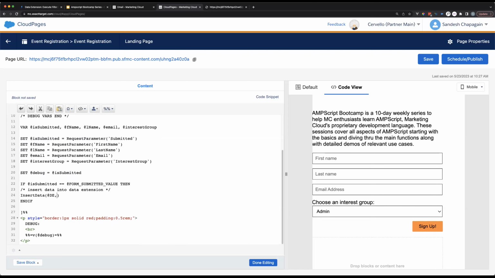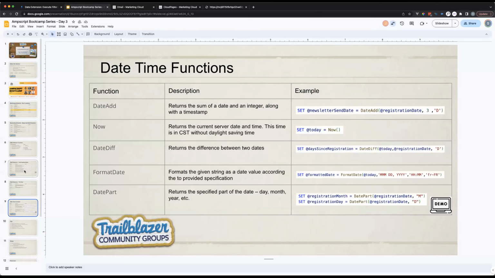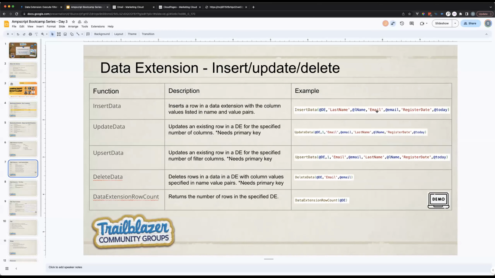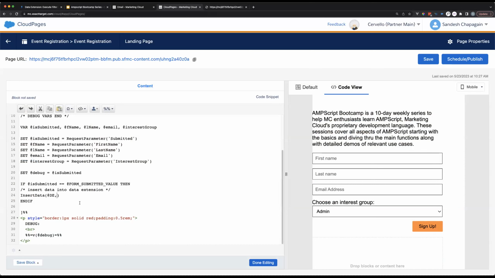So in the data extension, if you remember, we can go back to the function. Insert data has this syntax, right? So the data extension name, column name, column value, another column name, another column value, and so on. So that's exactly what we're going to do. So column name is first name, and the value is that value that you extracted from the form.